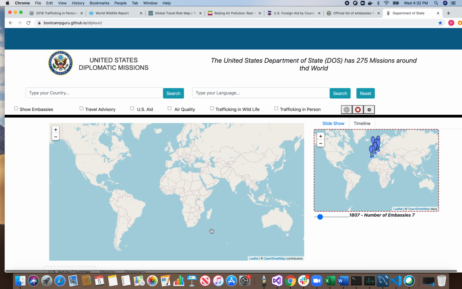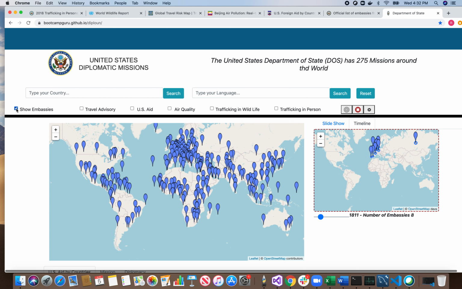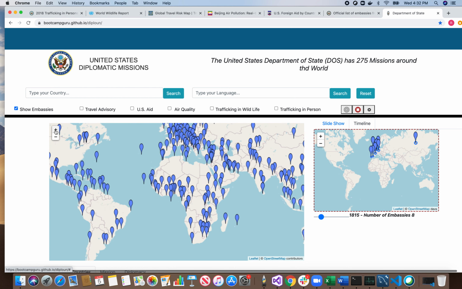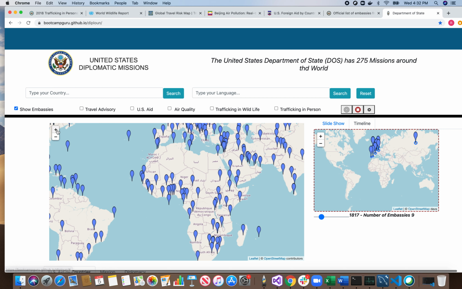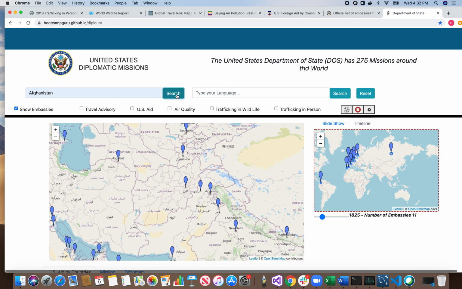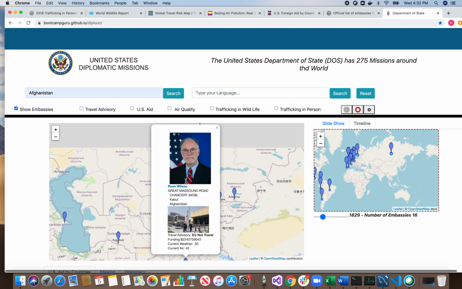All right, the first one is the embassies, which will show you all the embassies around the world. So when you click on this check button, it'll give you all the embassies. You can expand and go further inside the embassies if you wanted to, or you can search for a specific embassy. If I said Afghanistan, this will give me an option to get into the details and get to the Afghanistan embassy. I can further click on the embassy itself and see who the mission ambassador is,